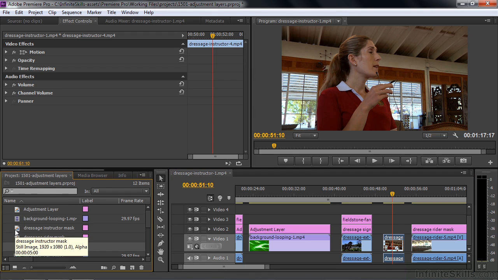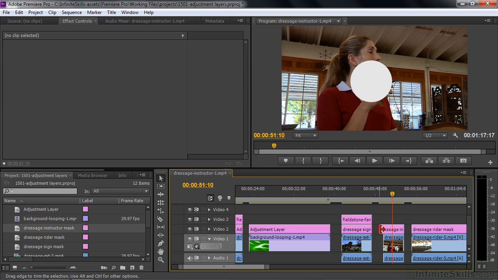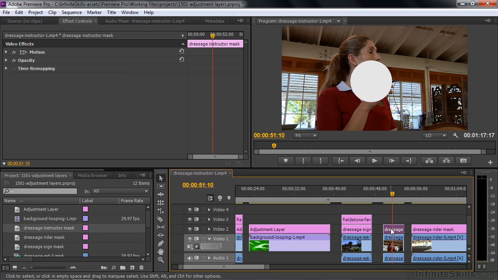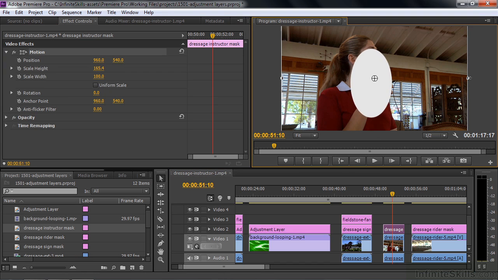So I'm going to go to the Dressage Instructor Mask, drag it over to her like that. A little bit longer than we need it to be. I'll shrink it down like that. Now we can see this little thing on top of her. I'm going to change the size of it using motion. Go to motion, open that up, uncheck uniform scale, make it a little taller like that, a little bit wider,